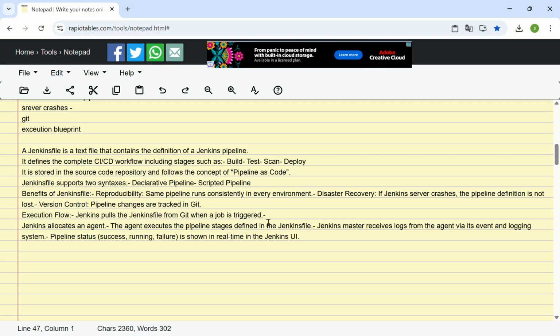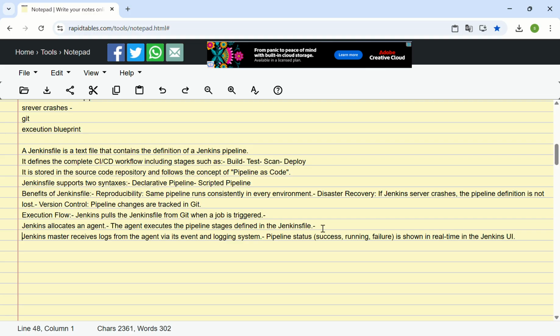Just go through the points here. If you don't understand, I will explain in the architecture video how it works. The agent executes the pipeline stages defined in the Jenkinsfile, and we get our logs in the Jenkins UI. You will see, if it's green then the job succeeded, if it's red it failed, that is in real time, right? So that is about the Jenkinsfile, guys. And coming to the next question,